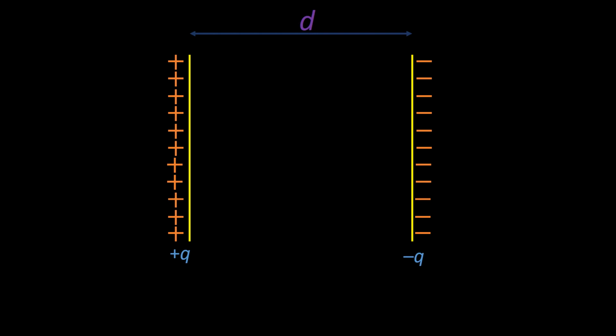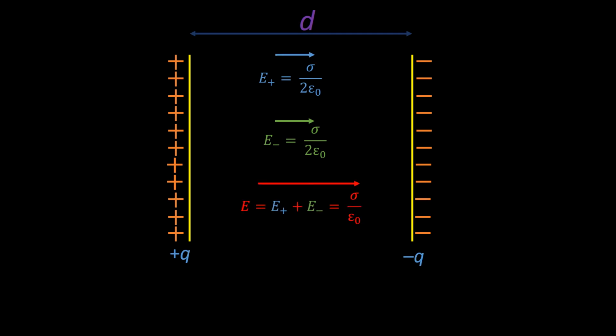Then I can say that the electric field due to the positive charge, the left side plate, is E positive and it is sigma by 2 epsilon 0. What is the direction of this electric field? It is from left to right because field lines come out from positive charge. Similarly, if I consider the negative charge and the field is denoted by E negative, it is also sigma by 2 epsilon 0 because plate area is the same, charge is the same, so the charge density sigma will be the same for both. Moreover, the two fields are in the same direction, so the resultant electric field is the summation of the two and hence it will be sigma by epsilon 0.